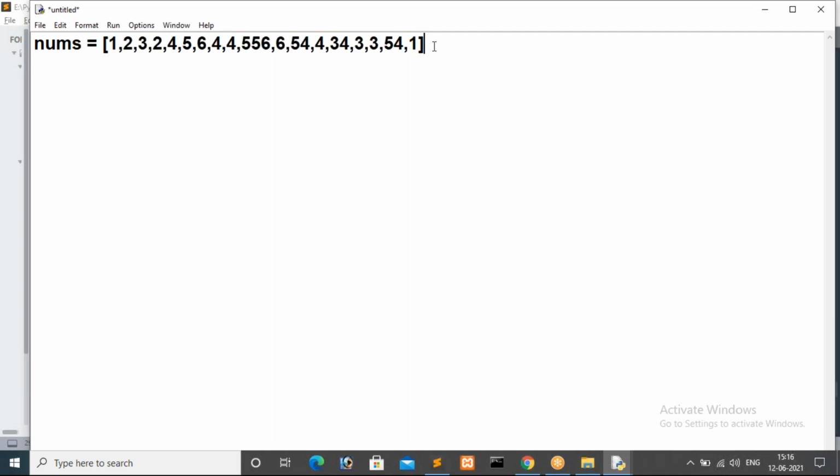For that we have iterators, right? String iterator is already over, and like that we have list iterator also. If you are clear on string iteration, then list iteration is also easy for you. How can we iterate a string without using length? Same concept here, we are going to use list iterators. We have five different iterators: string iterator, list iterator, tuple iterator, dictionary iterator, and set iterator.